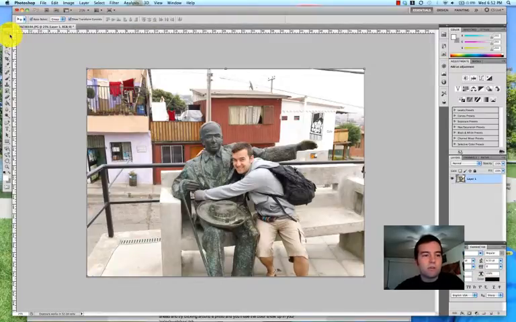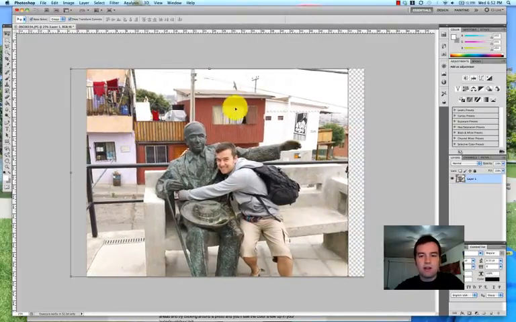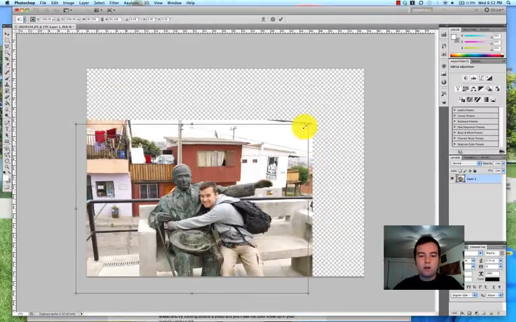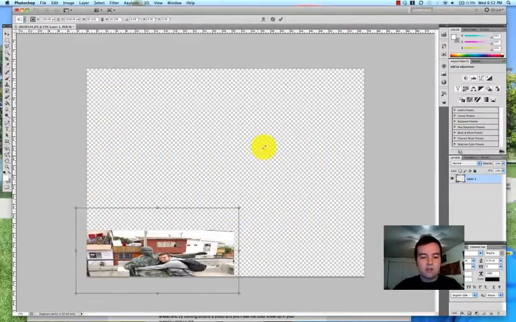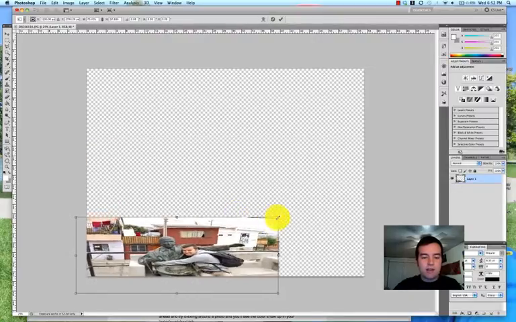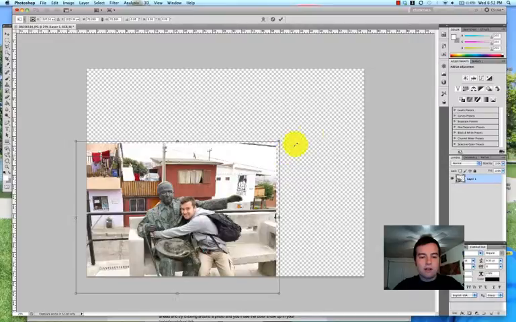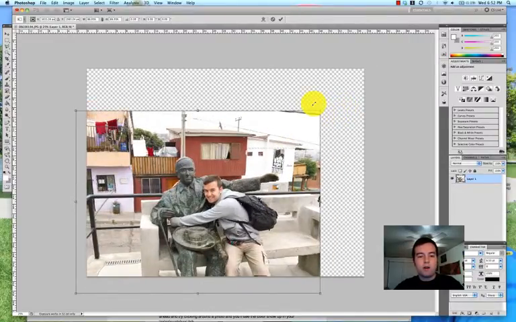So the Move tool, basically V, you select your layer, click, and move. It is a great tool. You can resize things by clicking on the corners and resizing. As you see, as I do that, I'm just clicking and dragging, and the aspect ratio is changing. If I hold the Shift key down and click and drag, it will keep the aspect of the photo